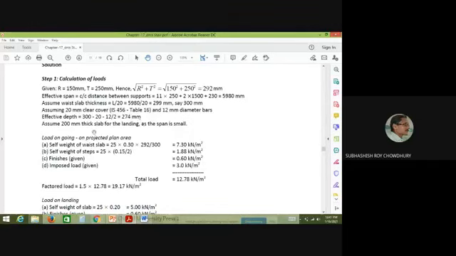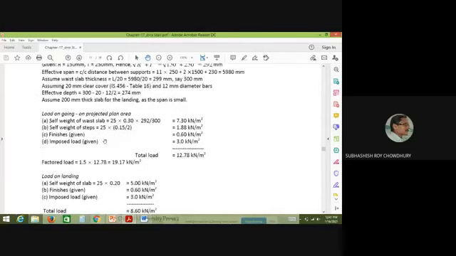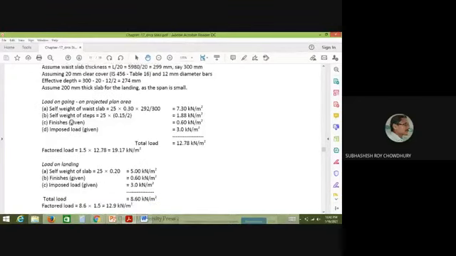Now, a 200 millimeter thick slab for the landing. For the landing, the slab requirement will be less. So let us consider the thickness of the landing slab is 200 millimeter compared to 300. It is comparatively less. Here the span is small, the load is small, so automatically the requirement will be less. You will see that in some cases in construction, a similar thickness may be provided in the landing part as well as in the going part. But there is an option that you may provide a lesser thickness of the landing slab with respect to the waist slab.